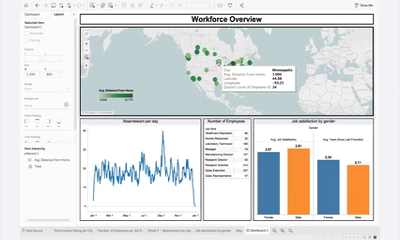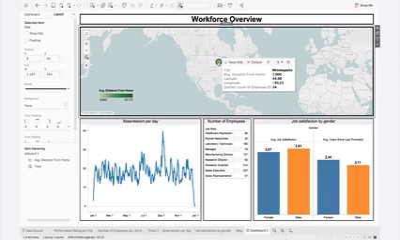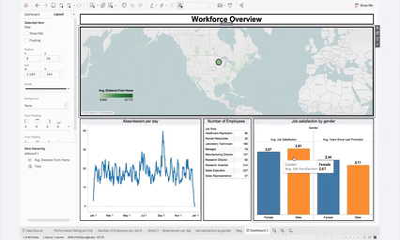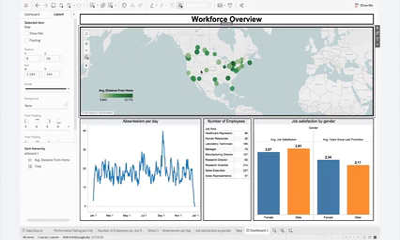So if I click this, nothing happens to the other sheets. It's just individual sheets next to each other, but we want them to talk to each other. So if I select a city, I want them to filter the other sheets to show me the information of that city. And I can do this by clicking this Use as Filter icon,